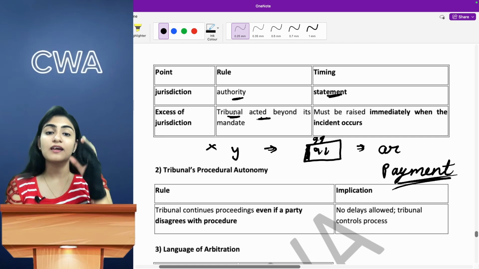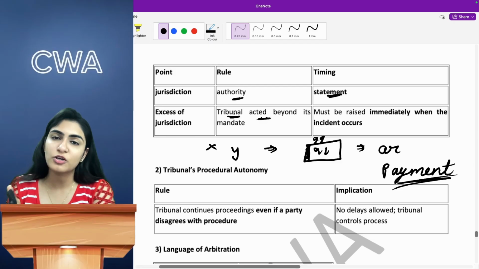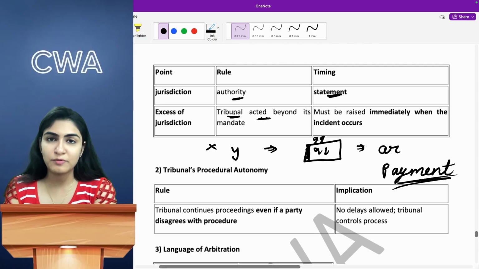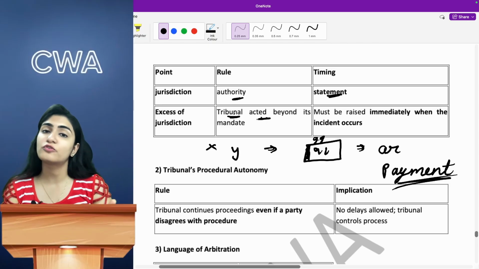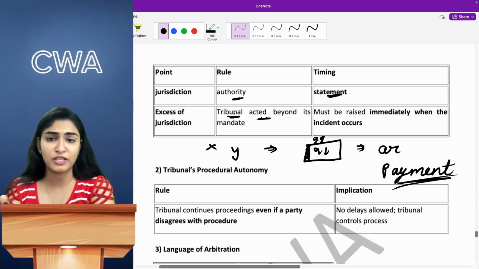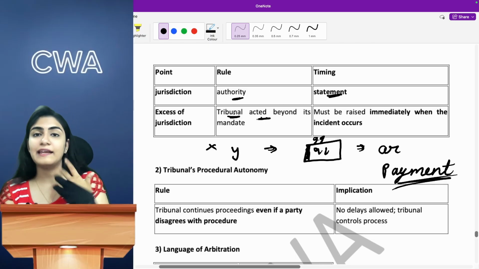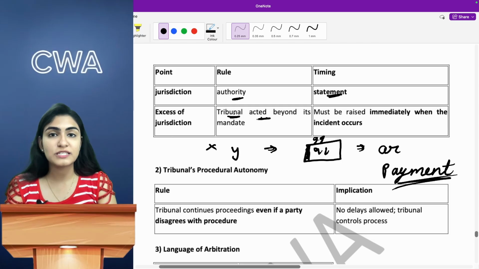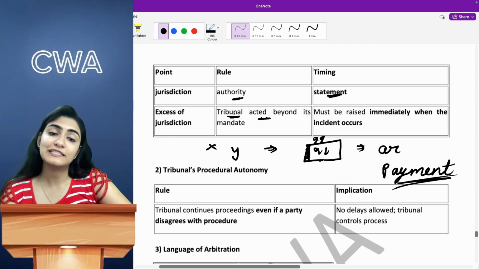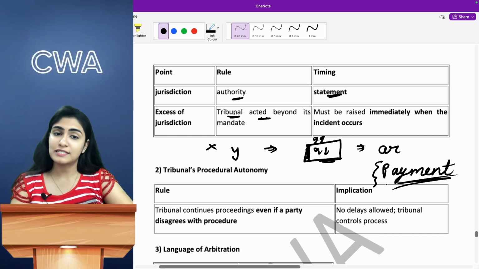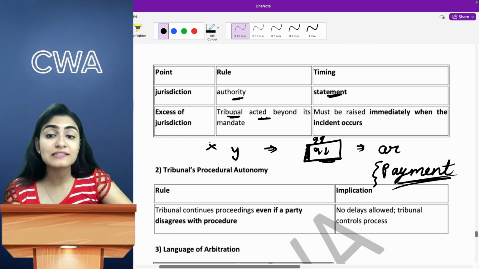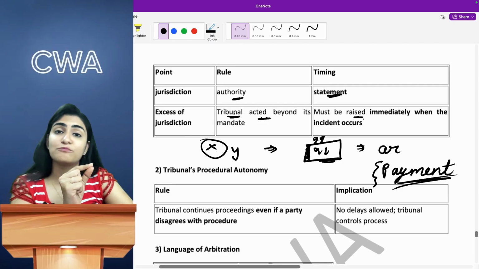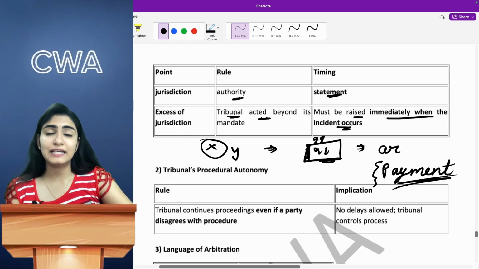If there is anything apart from the quality of goods, let's say payment issues or delivery timing issues, so on and so forth, all of those cannot be referred to arbitration. However, if they mutually decide and make a separate agreement, then they can, otherwise they cannot. And during the proceeding, the arbitrators were discussing quality, but they also start discussing payment. In such a case, either of the parties can raise an objection, and that objection must be raised immediately when that